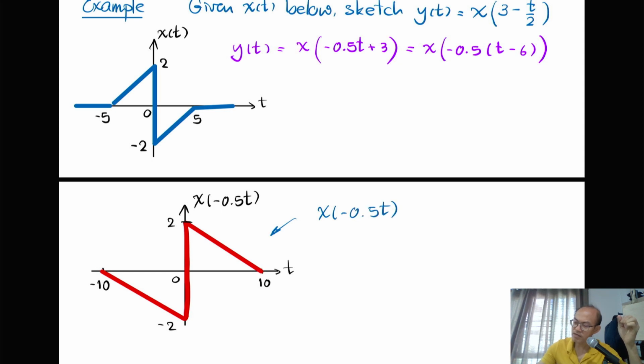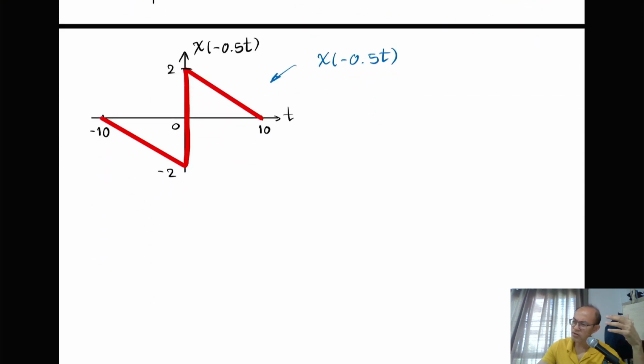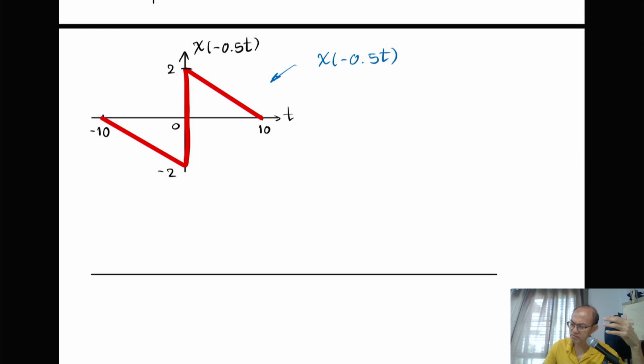And the second step is whatever we have to shift it. In this case, shift it to the right because 6 is positive, right? You have to shift this right by 6 time units. So after we shift it to the right by 6,